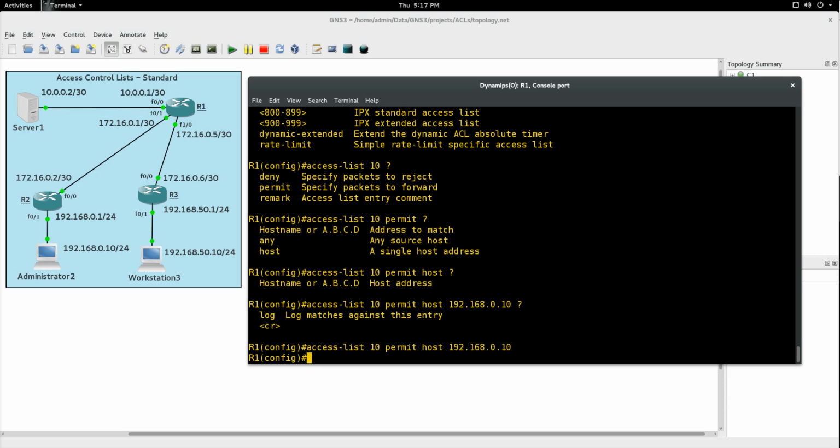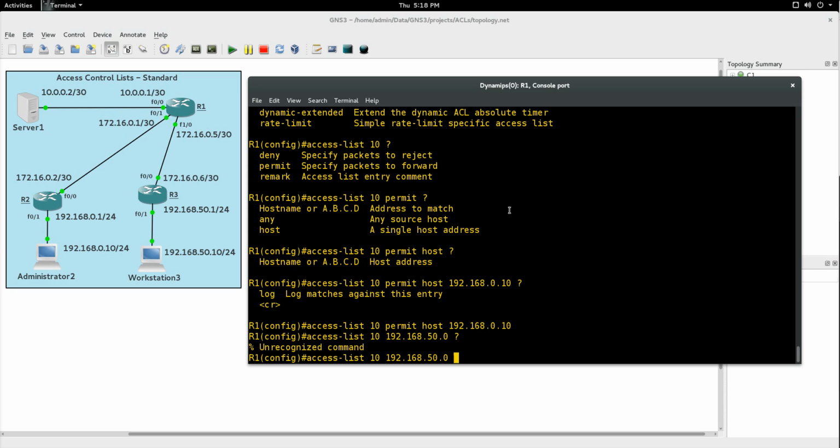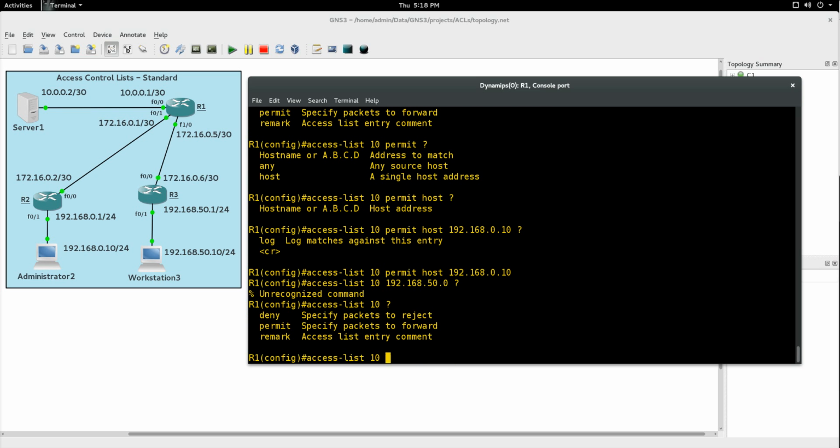Next, we're going to deny workstation 3, that whole subnet. Let's do that now. Access-list 10. 10 is the number of your access list, so when you write the statements, make sure that number, or whatever number you choose, is the same. Then 192.168.50, because that's the subnet, .0. Hold on, I need to deny first. Deny